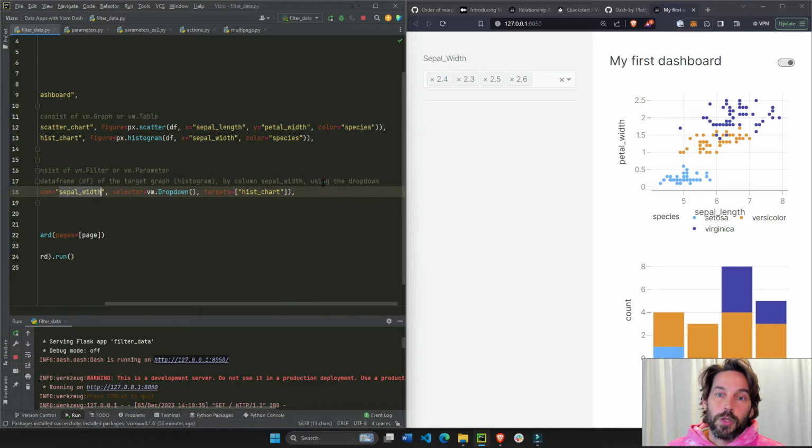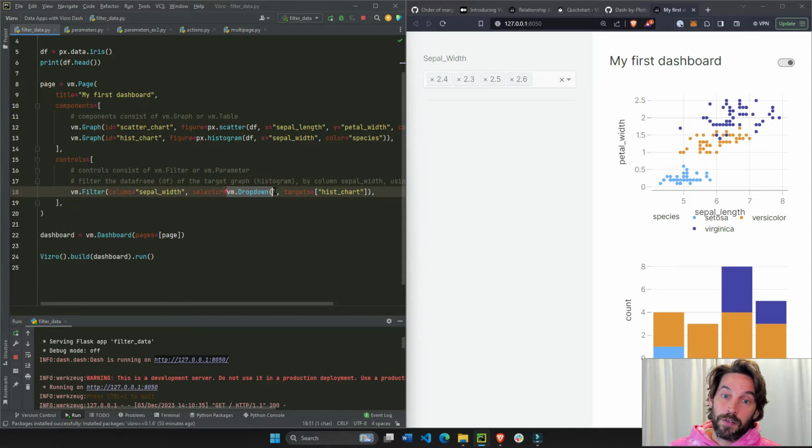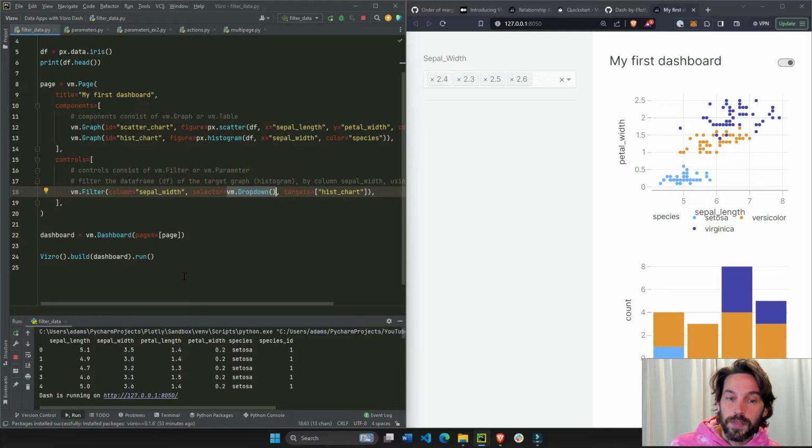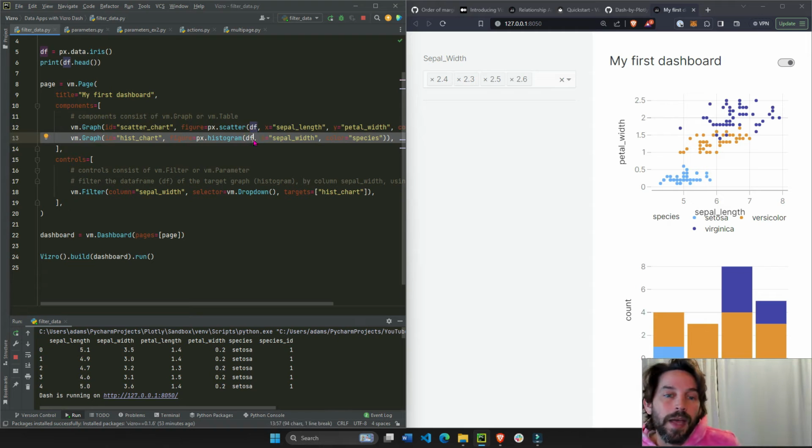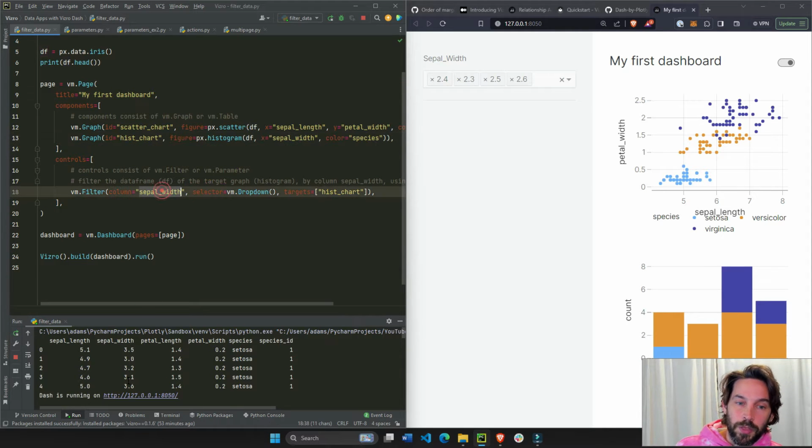And using the drop down, using the selector. In this case, the selector is the drop down. So that is all we are doing here. We know that this DF is exactly the same as this one, but the DF, the data set, has a sepal width column right here. So I'm going to filter this DF that belongs to this histogram on the sepal width column using the